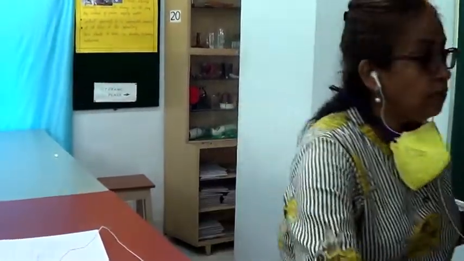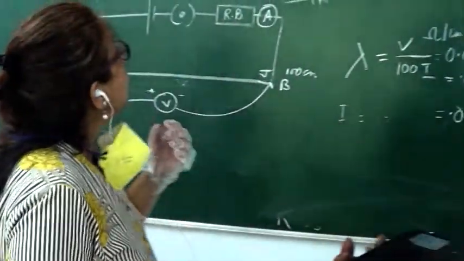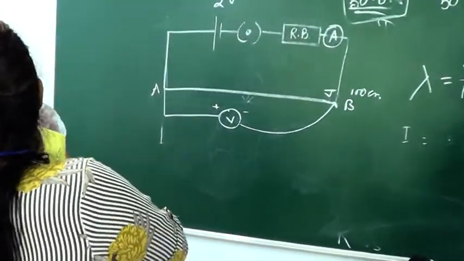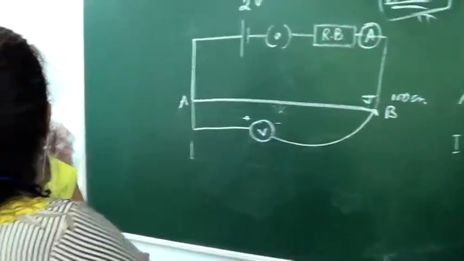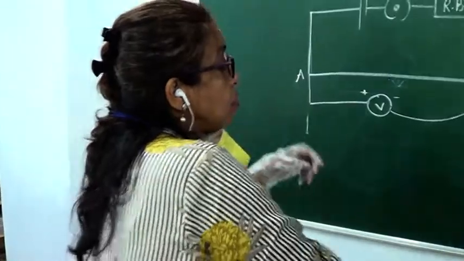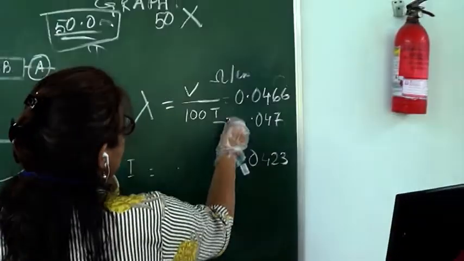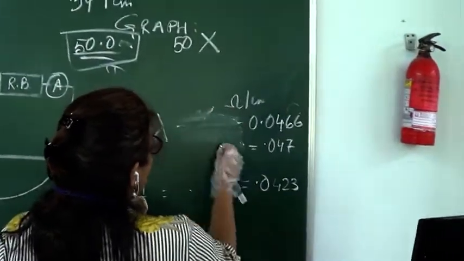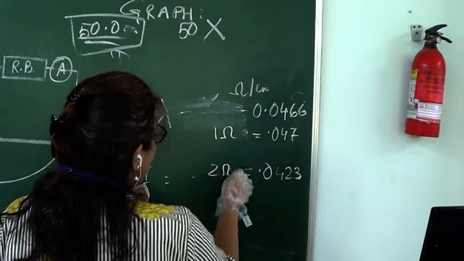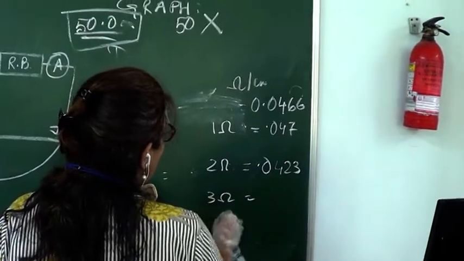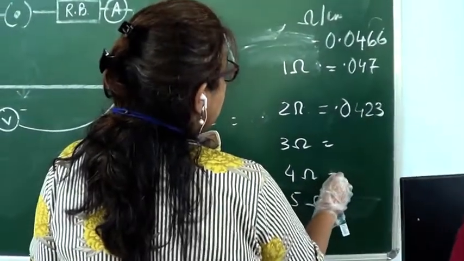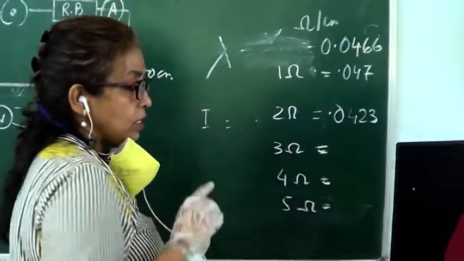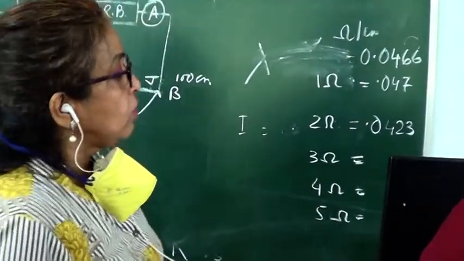Now you go on doing the calculation and tell me all the values. I am waiting, I will write all the 5 values down. Tell me the values. This is the first reading. This is my second. This is for 1 ohm. This is for 2 ohm. In the table I will write 3 ohm, 4 ohm, 5 ohm. Tell me the value. Hurry up, do the calculation and tell me. I don't want the same voices. There are some other people who can do it with their calculators.